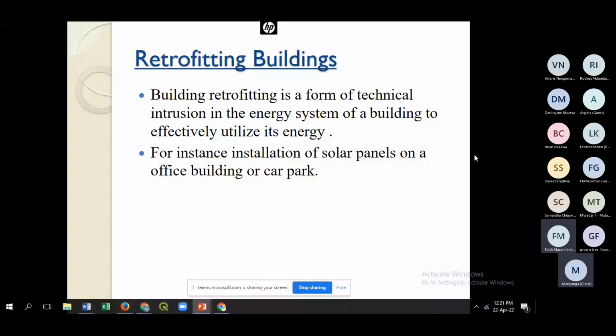It will be good to expand what we are seeing now, especially in the city of Harare, where some corporates have taken the initiative of installing solar panels on their car parks and mini solar power grids on their buildings and various institutions across the country. It is very critical. Let's not take these actions for granted. They are very important in reducing our carbon footprint.